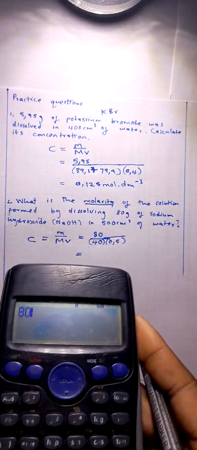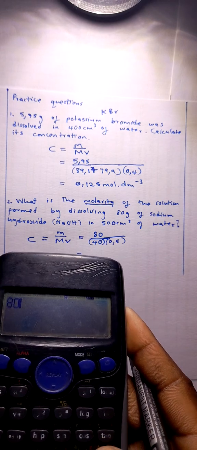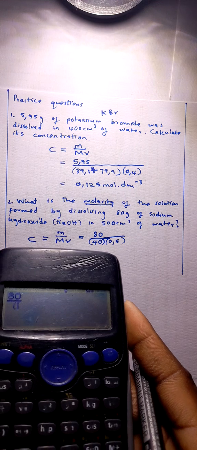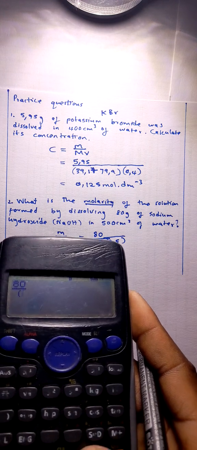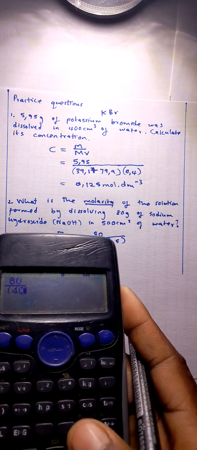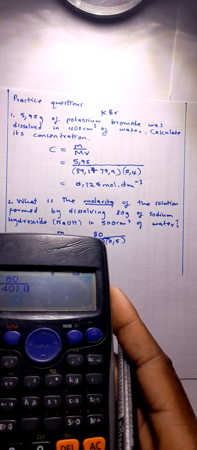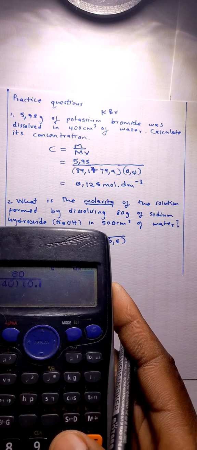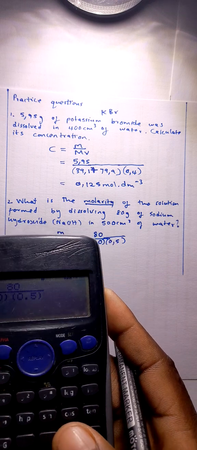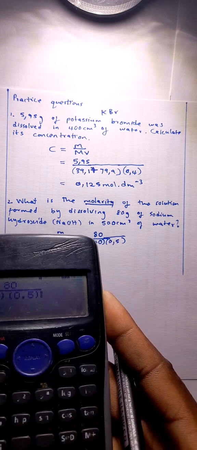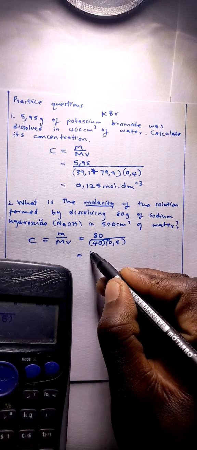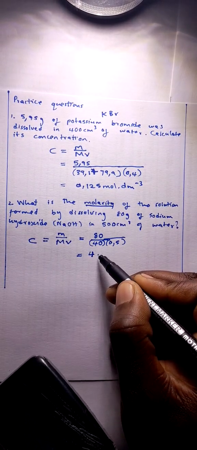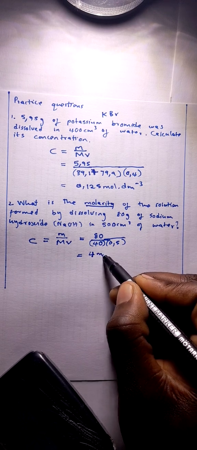It's going to be 80 over, it's actually 20. Half of 40 is 20. So it's 80 over 20 actually. And the answer is 4. All right, so that is 4 mole